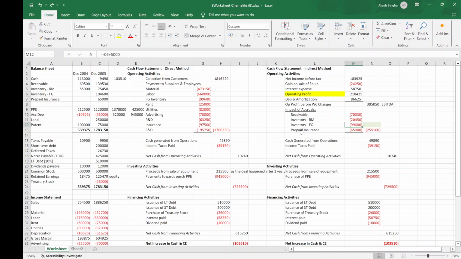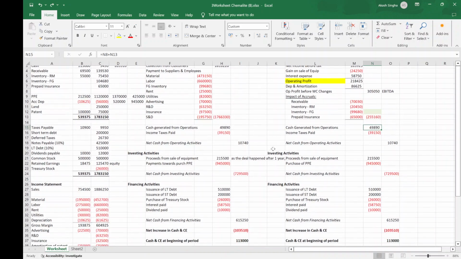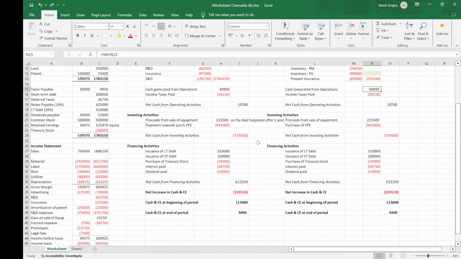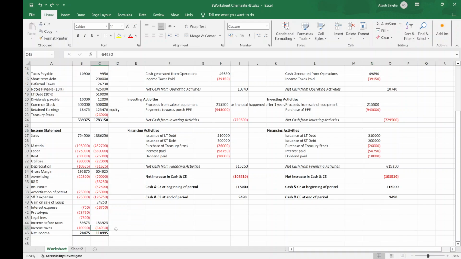So prepaid insurance was zero and 65,000 got paid. So also a negative cash flow. So this is the impact of accruals. If you add it with the EBITDA, you will get cash generated from operations, and then minus the income tax paid, you will get net cash flow. Now, how much income tax did we pay? So income tax is 64,930, right? Right. So income tax is 64,930